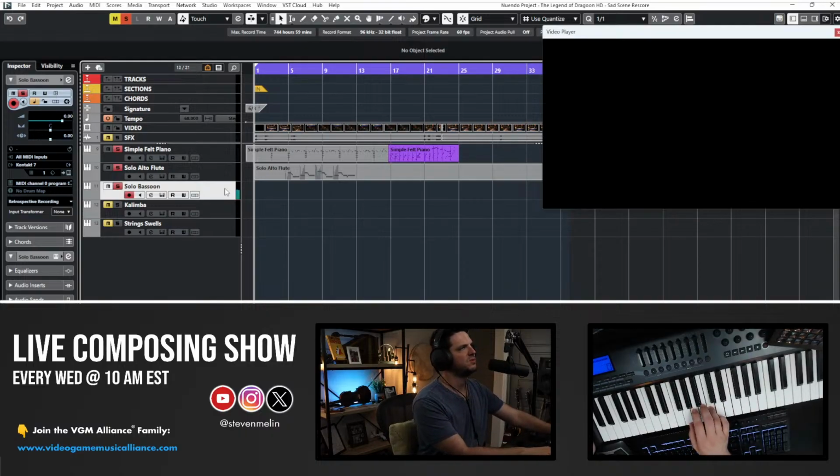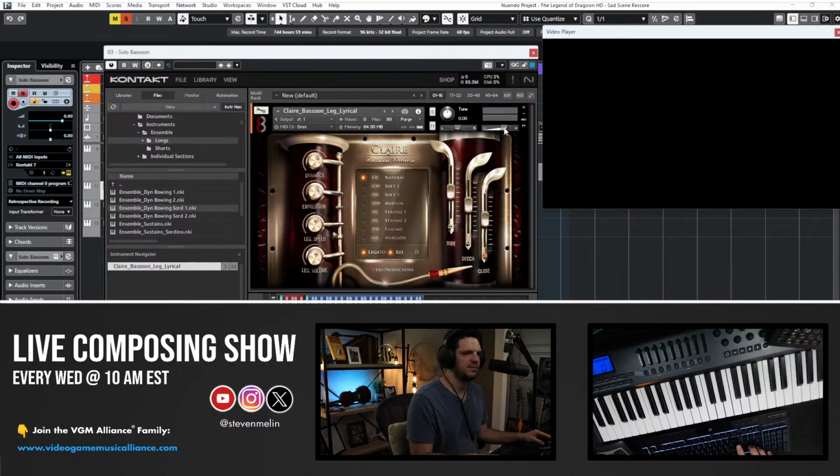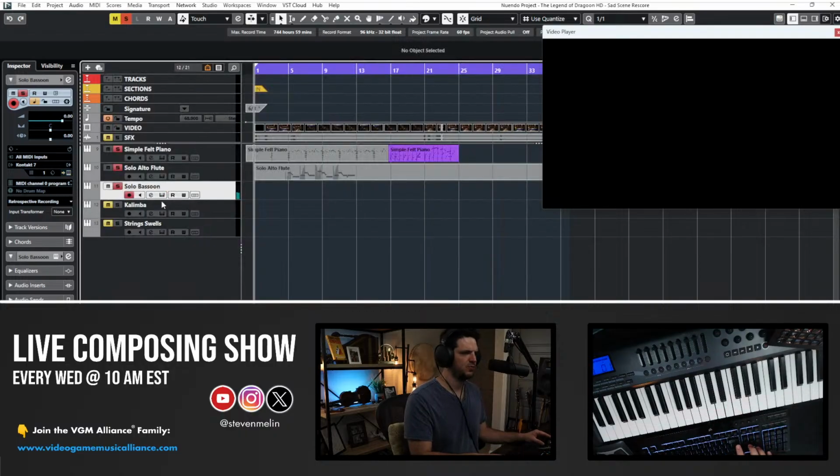Anyway, here's a bassoon. These are a little quiet. Let me turn them up. Let's turn some mic positions on. Let's do the wide. Then I don't even have to use reverb. It's pretty.